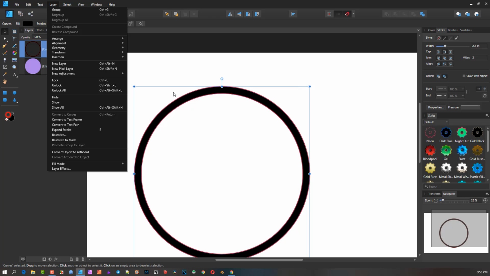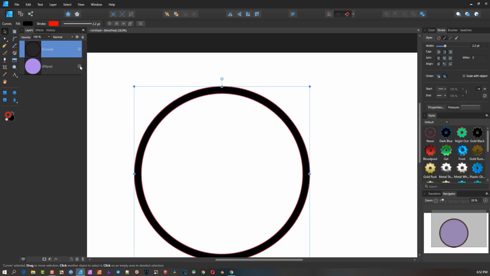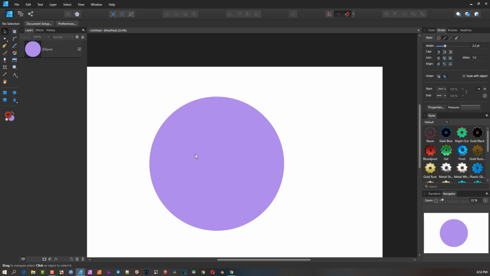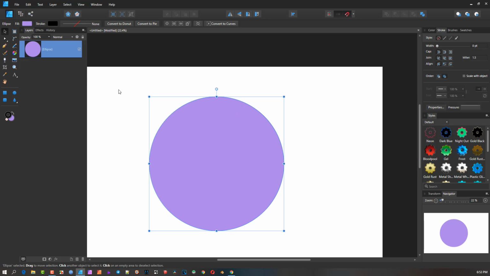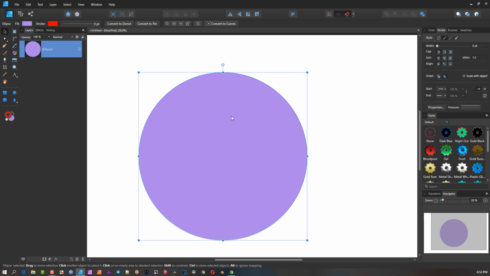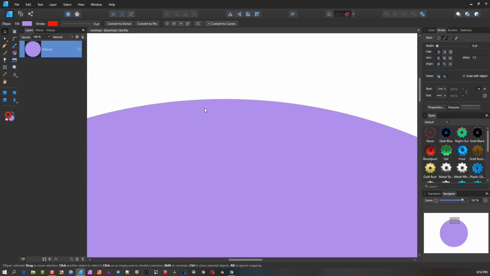Now, to explain to people, let me just bring this back, and I'm going to just delete this outer expanded area. Now remember, when you get the inside area separating from the outside, the inside has its own border. A new border gets filled with it, even though the previous border has now been cut off it. It has its own new border. So if I increase thickness, it will be back there. So that's how brilliant the vector editing programs work. Okay, so if you look close here, you can see this is a perfect thing because it's vector. But if you convert this to a raster image, which is pixel based,